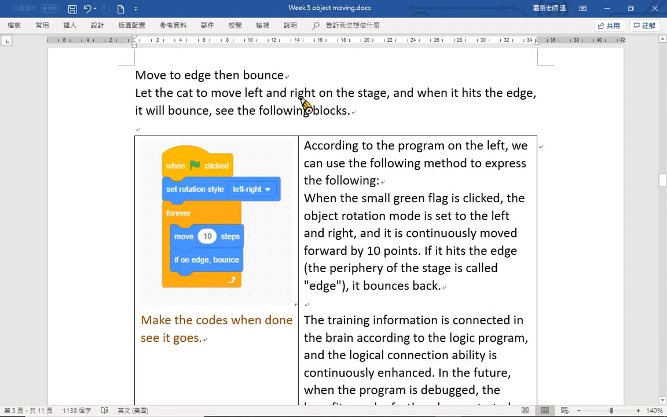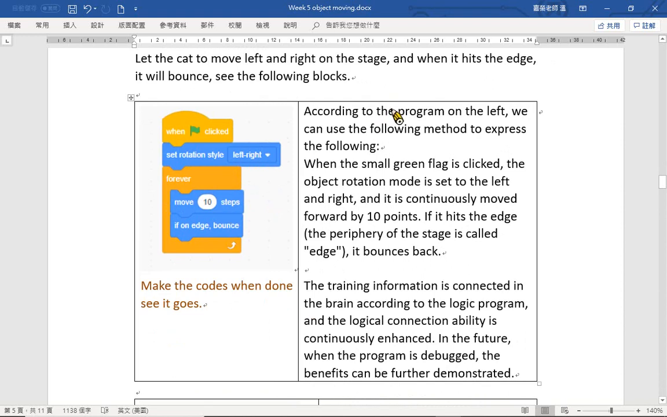Dedicate to move left and right on the stage, and when it hits the edge, it will bounce. See the following blocks, this one. Then according to the program on the left here, we can use the following method to express it. Okay, that's this one. When the small green flag is clicked, the object rotation style is set to left